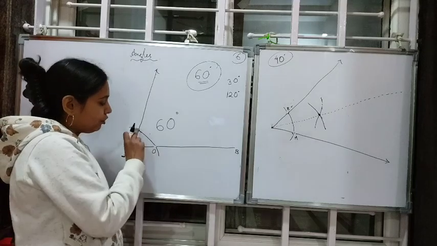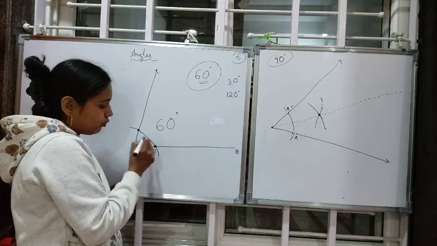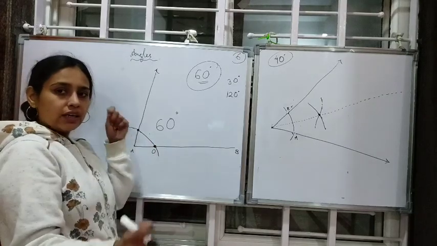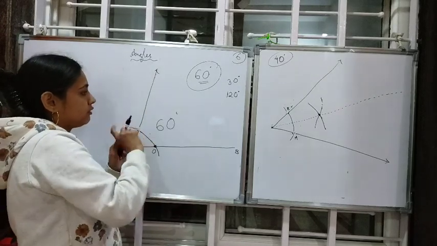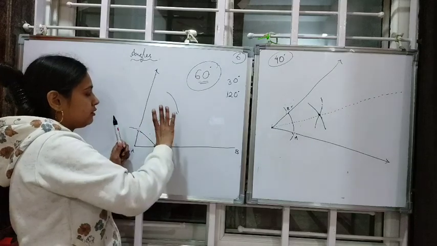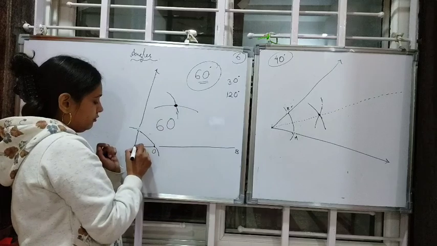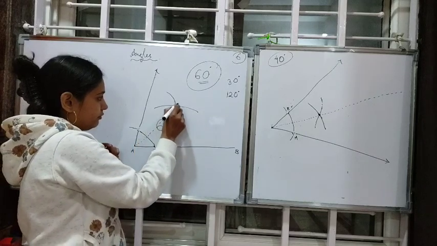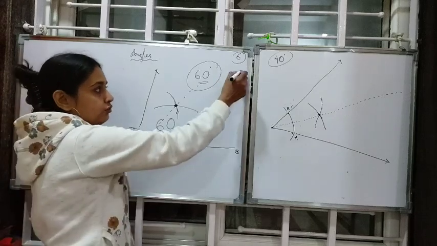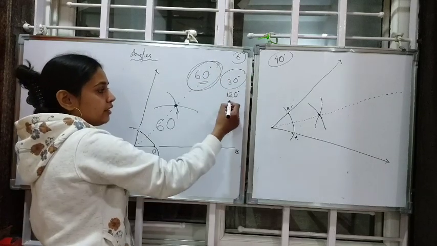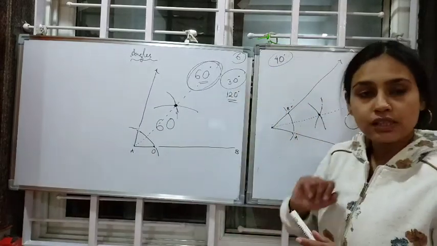Okay. Now, if you draw its angle bisector, how to draw its angle bisector? Very simple. These two points of intersection are already there. Increase the radius of your compass and draw two arcs like this. Same radius. Join it. So this will be your 30 degree angle. Okay. So we completed 60 degree, we completed 30 degree. Let's go to 120 degree. 120 degree is double of 60 degree.